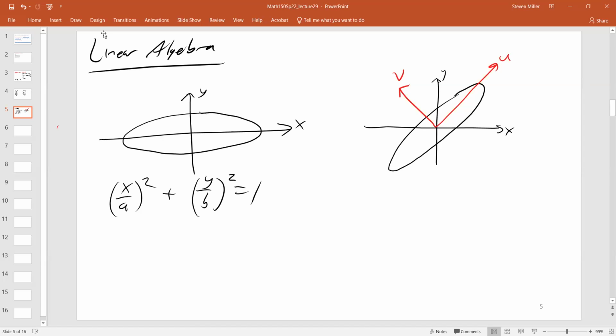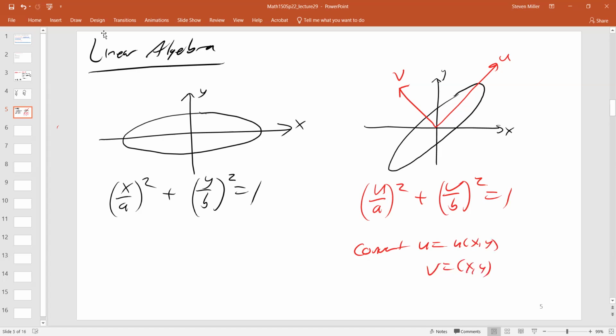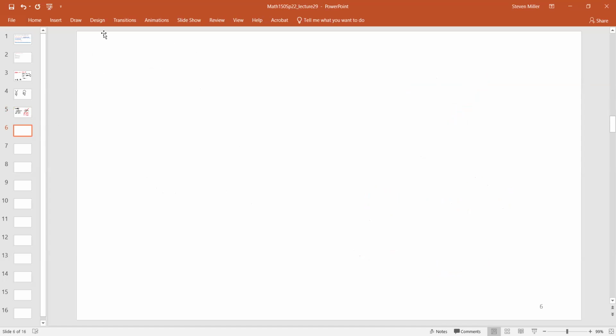So if I do things in the UV system, then I've got u over a squared plus v over b squared equals 1. And then I convert u to a function of x and y and v to a function of x and y. And it turns out that by introducing matrices, you can diagonalize a lot of matrices and try to understand what's going on. And so without going into too much,